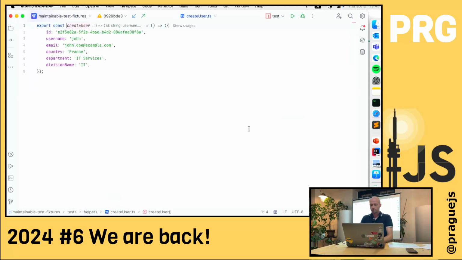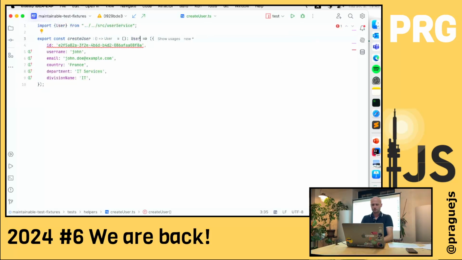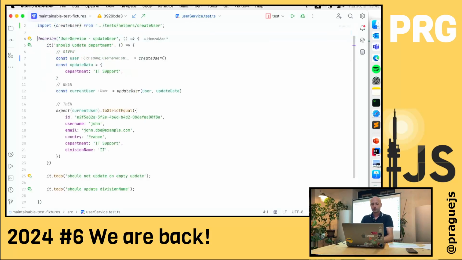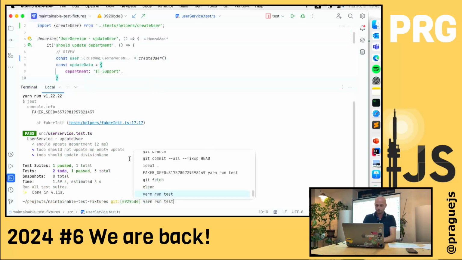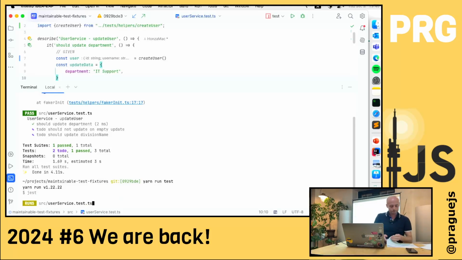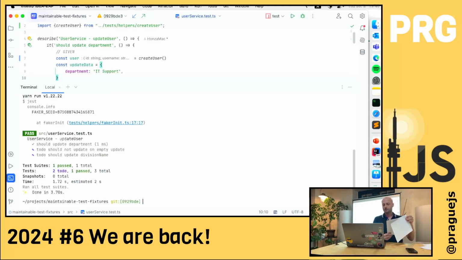Okay, yeah. Now we have a test. We know it returns user. There is a bug. No, it's not a bug. You can use a type system in your tests actually, so it's good to do it. I will do it later on. But what we can see here, the test is now smaller. Just extracted the example out. Does it still pass? Yeah. So we passed the first section.